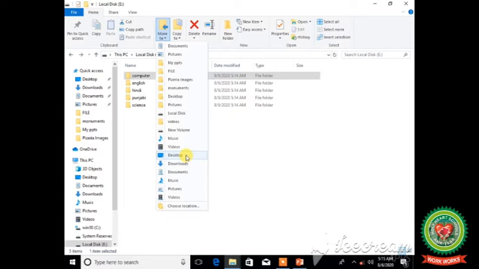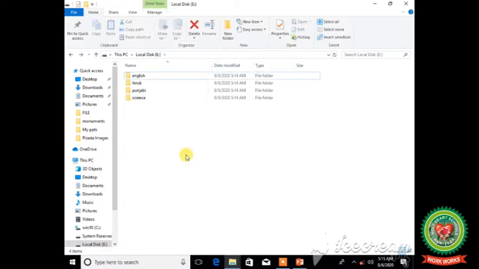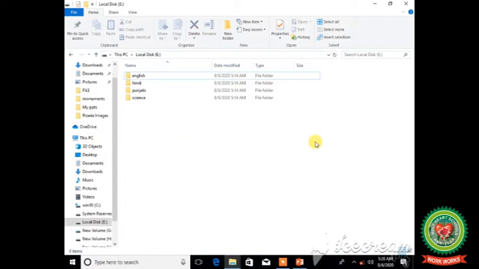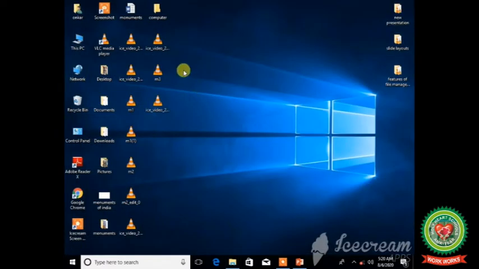After clicking, you will observe that my computer folder has been removed from the E drive. Now we will close this window by clicking on the Close button to see our desktop. And on the desktop, students, you can observe that the computer folder has moved.